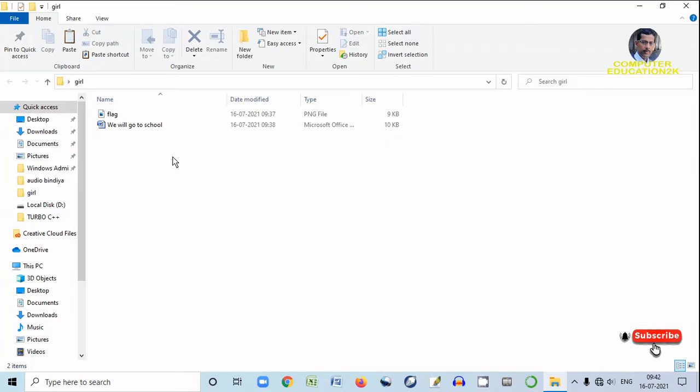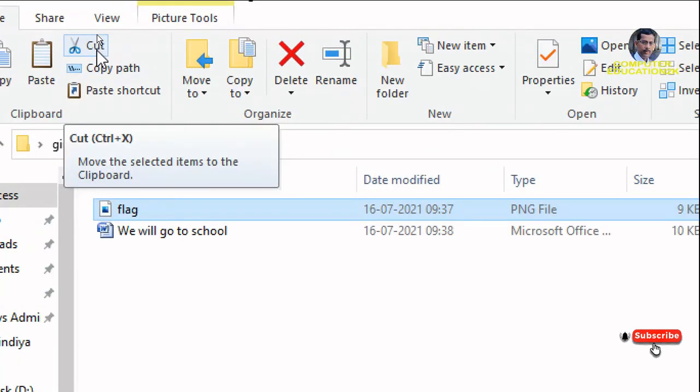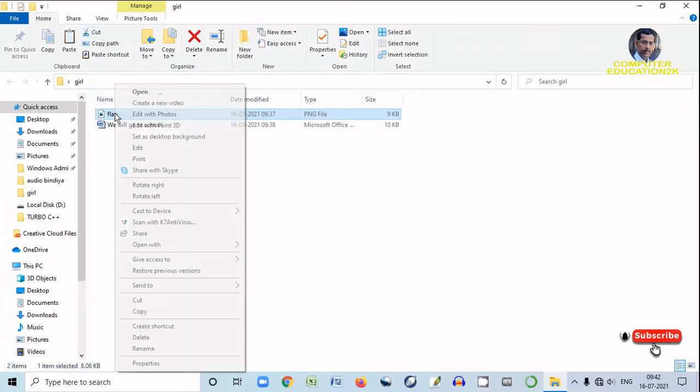Suppose you want to move the flag file from the folder girl to the folder boy. So click on flag, and you can see cut here. You can click on cut, or you can just right click on the folder and then cut.